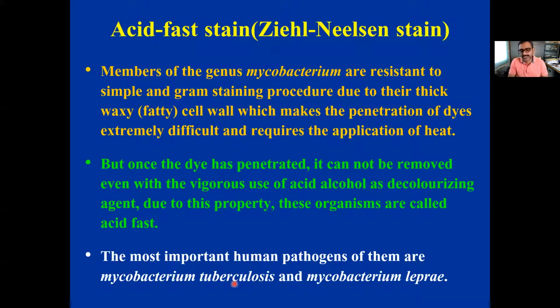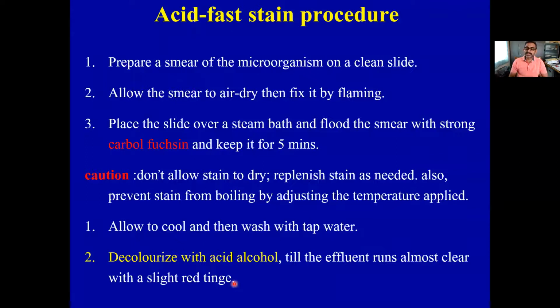And there is a method. By simple staining, we cannot stain these acid fast cultures. So there is a procedure for staining the bacteria for acid fast staining. Here also this is a differential staining, where we can differentiate organisms into whether they are acid fast or non-acid fast. And here also we use two stains which are contrasting in color. So the procedure of acid fast staining goes like this.